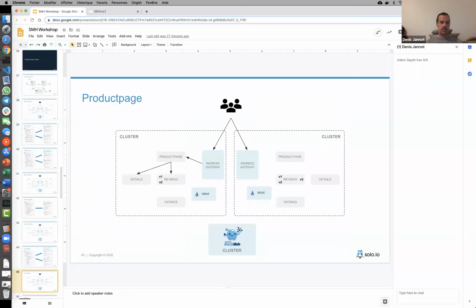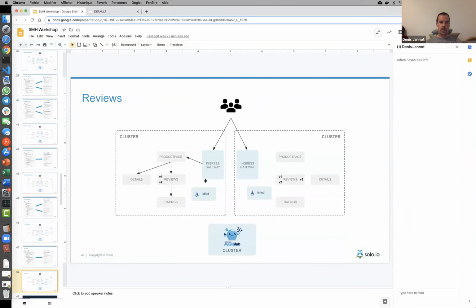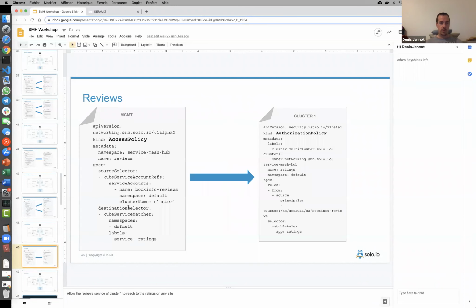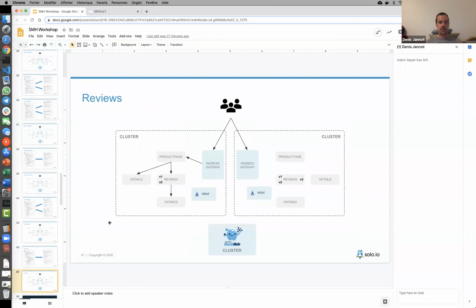So you see, constructing all these different things that are needed. And then allowing the reviews to speak with the rating service. But again, it was just the reviews on this side. So that was allowed, but still this one was not allowed for the global